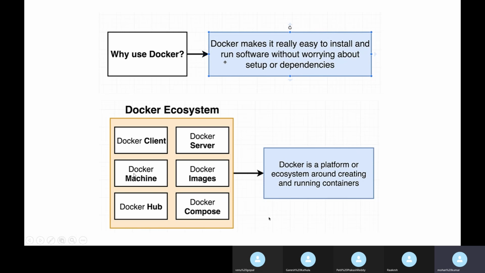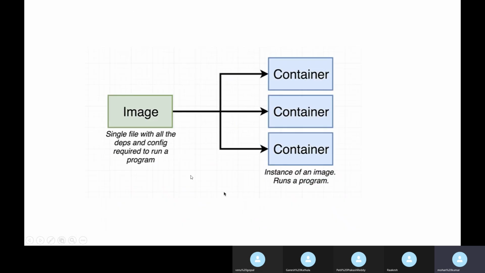Okay, right. So now, moving on to the next slide. We encountered two different terminologies again. What is an image and what is a container? These two things we should be able to understand now. We understand what is Docker, we have some knowledge of what is a container, and we also understood why we use Docker, what is the use of Docker, and what Docker actually simplified in this process. Now let's understand what is an image here.